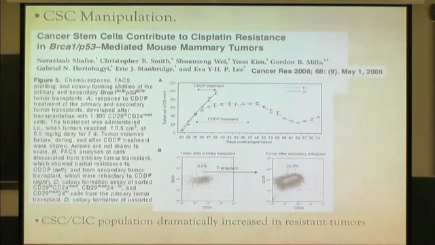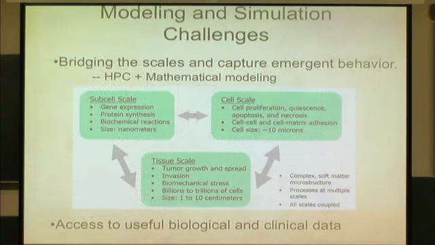So in fact, this is one reason why it's thought that you can acquire resistance: by treating, you're killing off the less resistant cells, you're leaving the more resistant cells, and those are the stem cells, and those are exactly the ones that can recreate the tumor. And so you're selecting for resistant cells, and so this is a source of resistance.